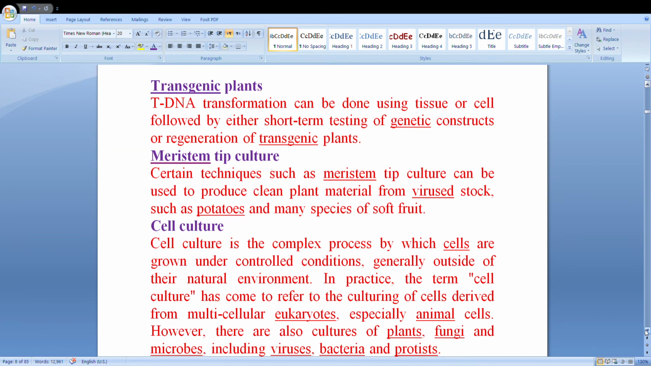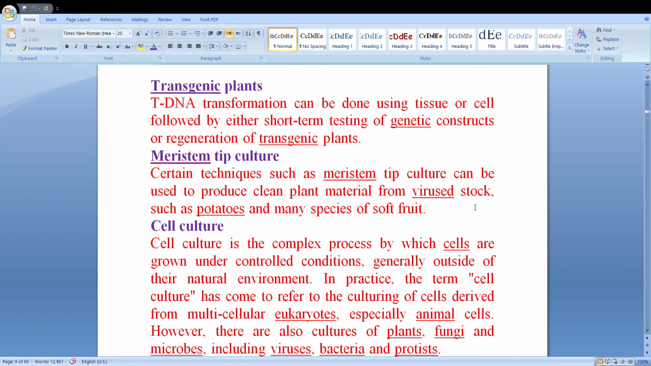The other technique is transgenic plant production. By this way we can increase the fruit nutrition. T-DNA transformation can be done using tissue cells, followed by either short-term testing of the genetic construct or regeneration of transgenic plants to increase the plant nutrition. Another technique is meristem tip culture, which we can also use. Certain techniques such as meristem tip culture can be used to produce clean plant materials from